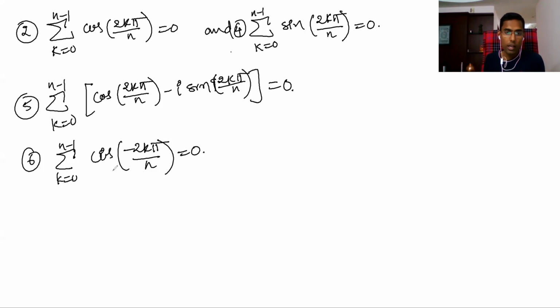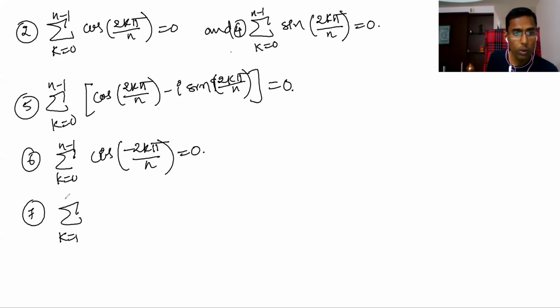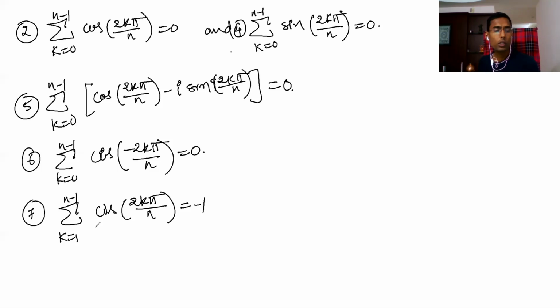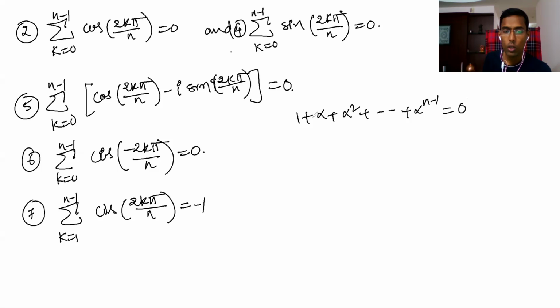We are writing the same thing again and again. So 7. What we discussed is the summation k equal to 1 to n minus 1 of cis of 2kπ/n. This is minus 1, because 1 is missing; if you put k equal to 0, that is 1, so that 1 is not there here. Therefore, you are going to get minus 1. So 1 plus alpha square and the rest, these are the roots, to the power of n minus 1, equal to 0. Now if you start with alpha, then 1 goes to that side. That is minus 1. That minus 1 I wrote.